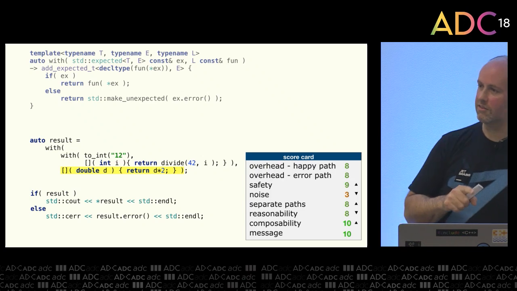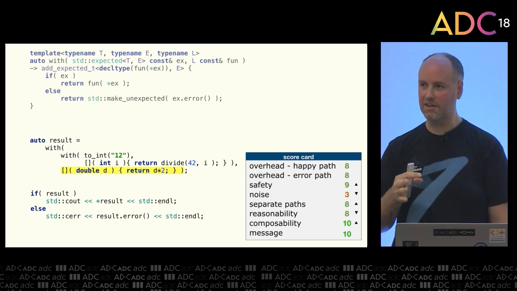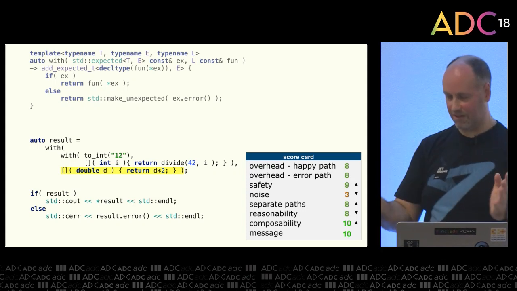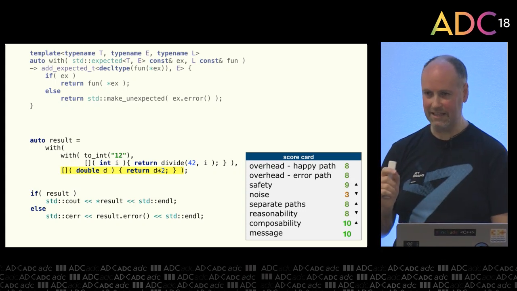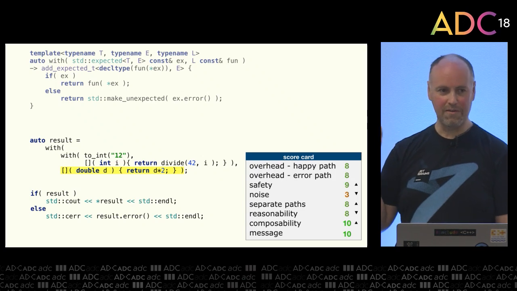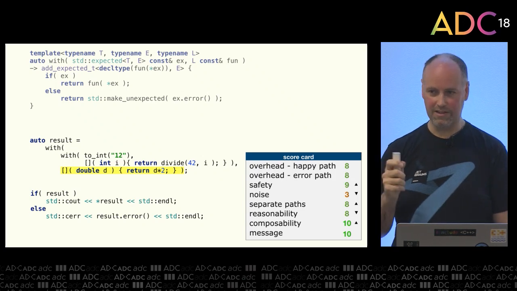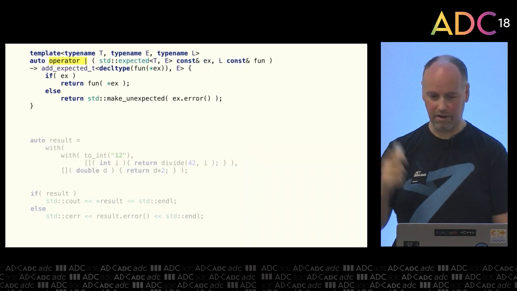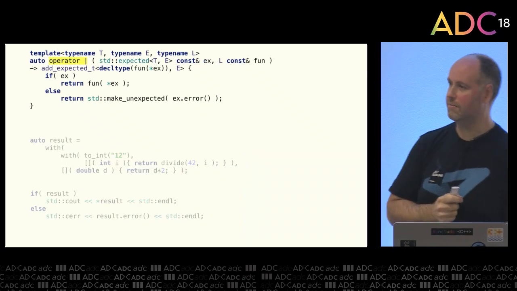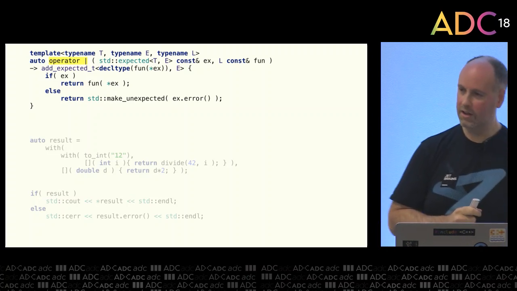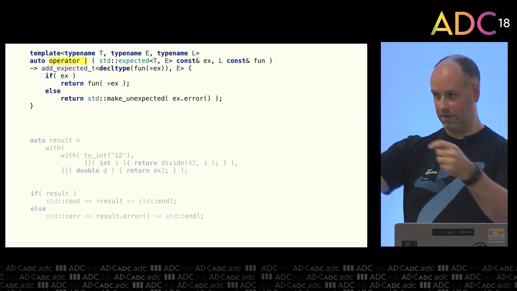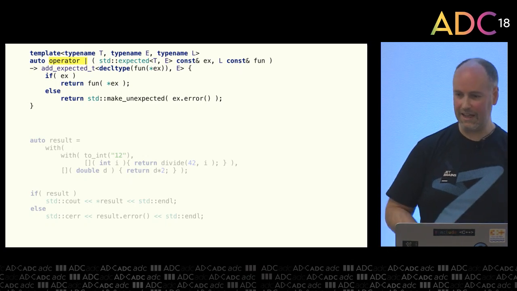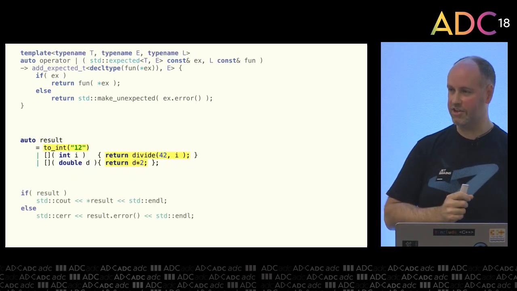One of the reasons this looks so awkward is because C++ really sucks when it comes to functional composition. Functional languages do this much better. We can approximate it if we change the name of our function to an operator, and in particular a ternary, say an infix operator. So I'm going to use the pipe operator, which seems to be the common approach. But anything where the operator comes in between the arguments will do it. That's the only change I've made here. Now look at how this changes the usage code.